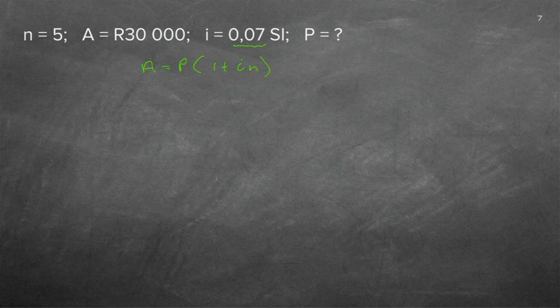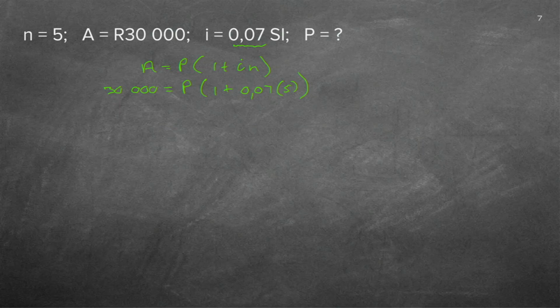And now I'm going to start substituting. I have my A, 30,000. And because the A is all alone on its own, I do not need a bracket. We always used brackets because there was stuff in front or at the back of the bracket, so we needed to multiply. But because it's all alone, I don't need one. There, it's 1 plus my interest, 0.07. And now I'm just going to put the N in a bracket. Again, the reason for that, the bracket for the 5 already tells me I must multiply with the 0.07. You can put the 0.07 also in a bracket. But you see, as we go along, we choose the easier, quickest way.